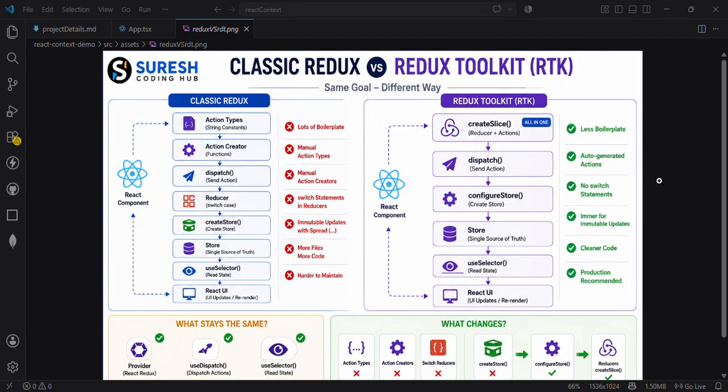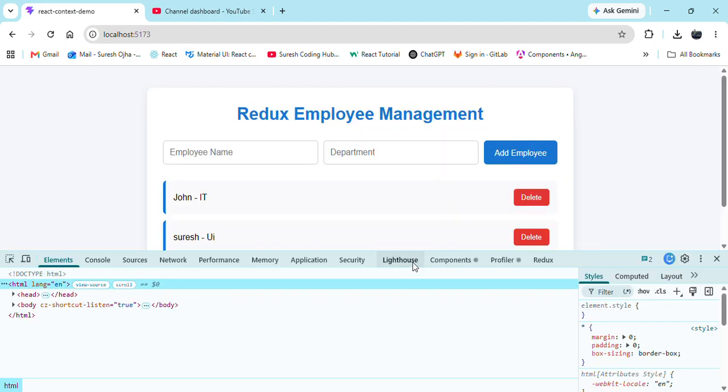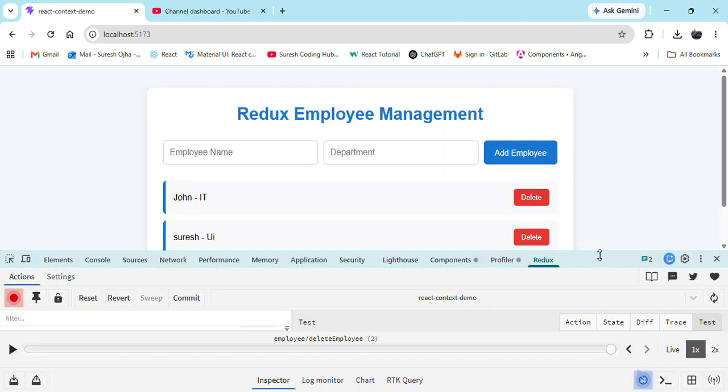Based on the scenario we have to choose the correct Redux store. Another thing is that RTK provides us a toolkit as well, so we can debug better in our browsers. It comes with a Chrome extension. We have to install it in our application, and with the help of that we can better compare the